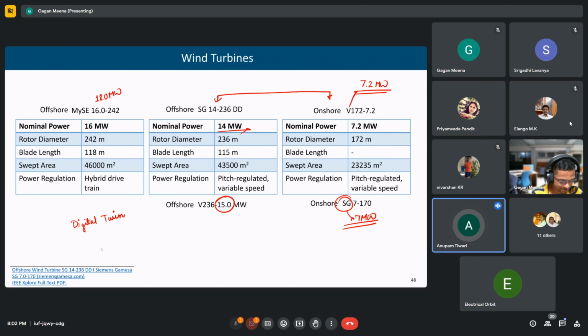Let it generate and it will go to the grid. Yes, but then if the grid cannot handle that much power, if they have to curtail the power, the grid is always deficient of power. No, we have to do that. But in that case, whether they completely turn off some of the wind turbines or they can also control the power, that was my question. Yeah, that we can do. We can control the power.